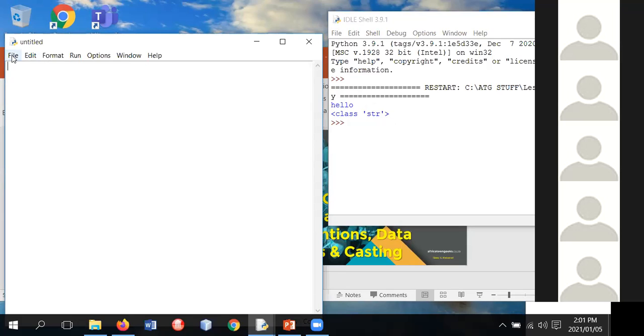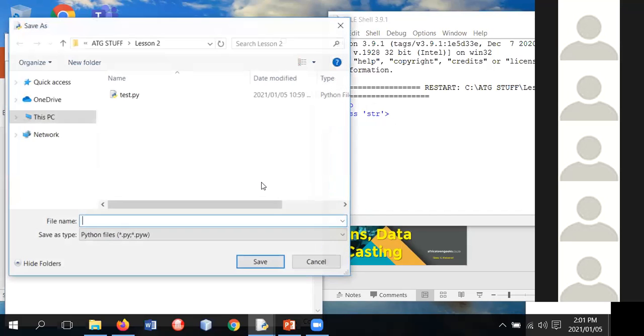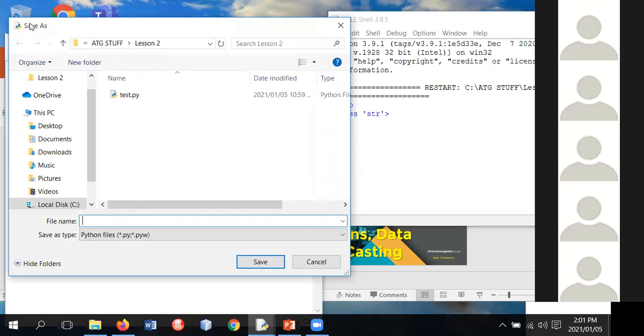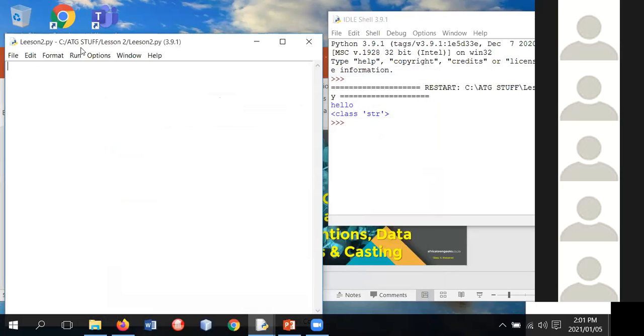Before we actually do anything, the first thing we're going to do is save. We're going to go to file, we're going to go to save as. Now, generally, it would go and save it in the normal Python folder, but you go and create a folder of your own, and you go and save it in there. Now, just to show you, I'm just going to call this over here. Let's just call it lesson 2, or lesson anyway, right? And I'm going to type in code over here, and this is the part where we're going to be seeing our output,